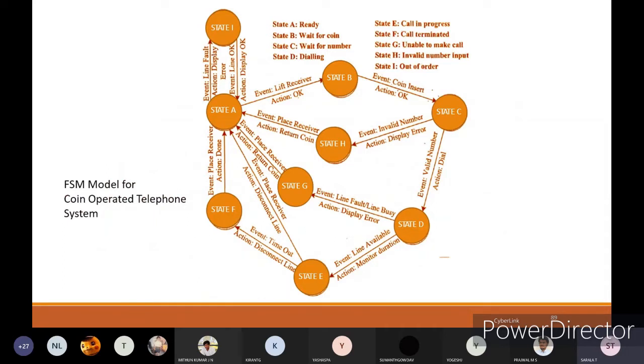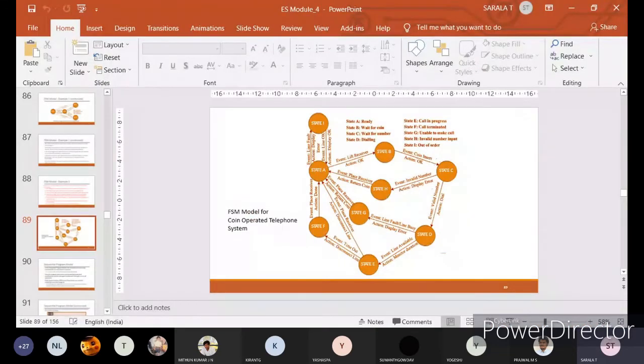Okay, see, sometimes you may consider one more extra event, no problem. How many events you want to take, how many states you want to take up, you can take up. But the event that is input and output from each and every state, it should be there. Okay, that you should maintain properly. At least one input, at least one output should be available with respect to any of the states. Okay, that you should consider.